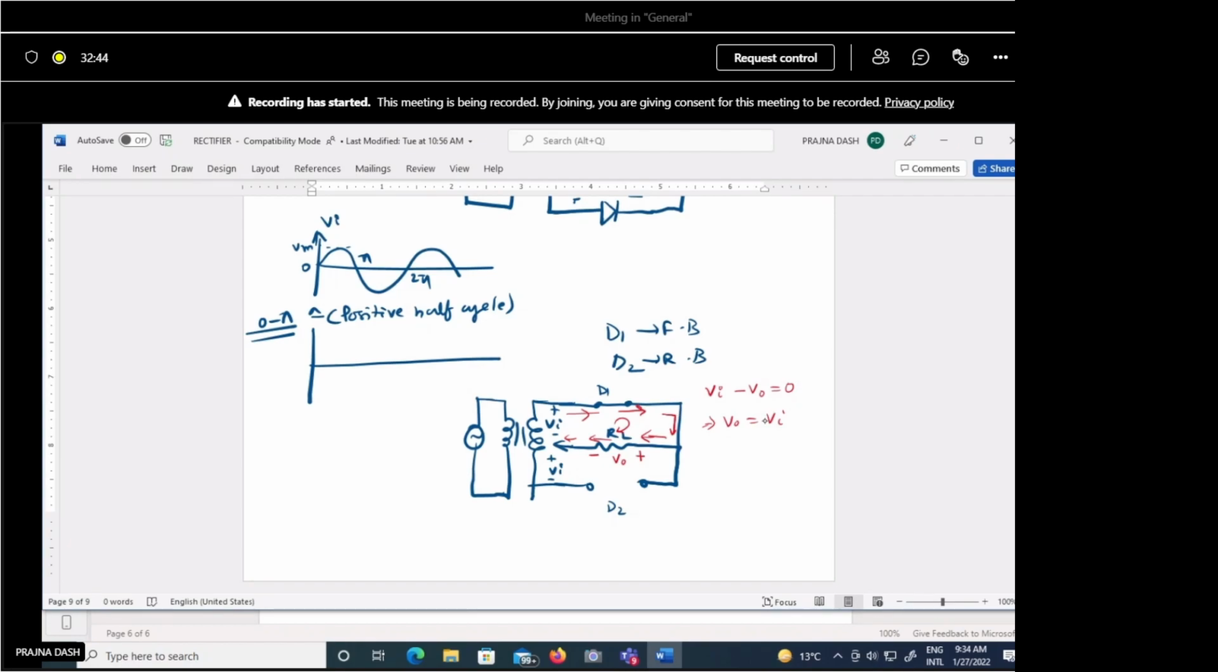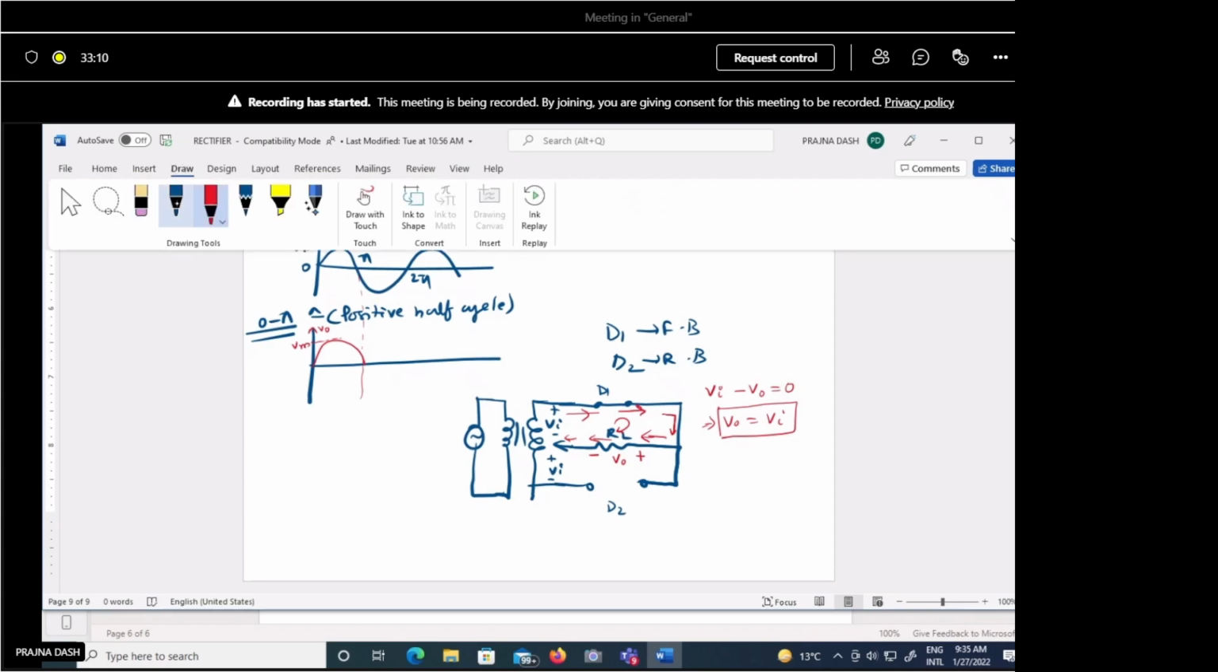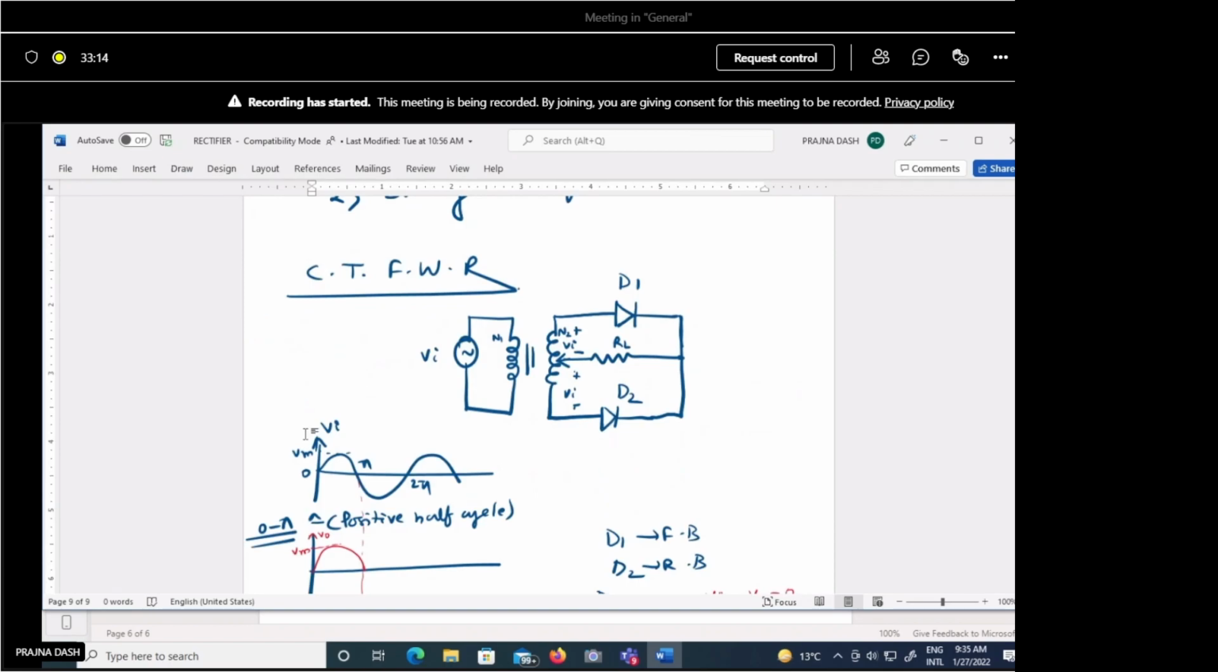Okay, so the maximum of your output voltage will be Vm. For this positive half cycle, we are getting the same output as Vi, so the peak value will be Vm. This is V naught. Likewise for the next half cycle, if you consider the second half cycle, from pi to 2 pi,